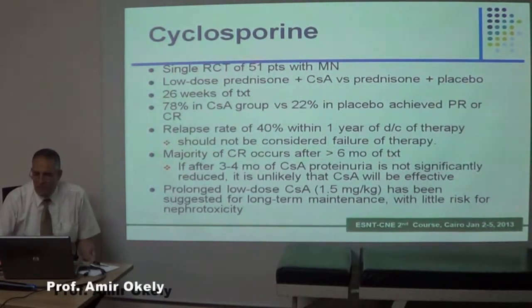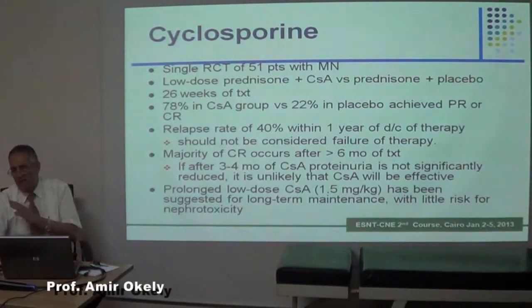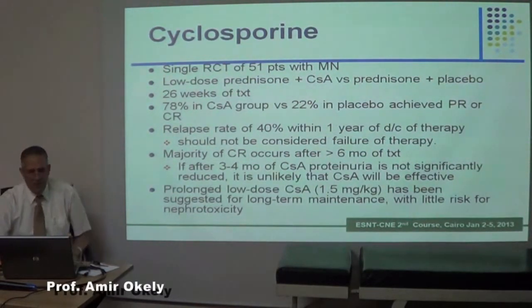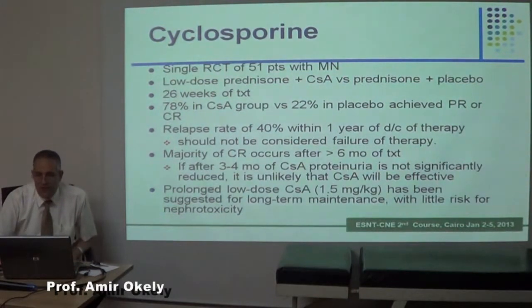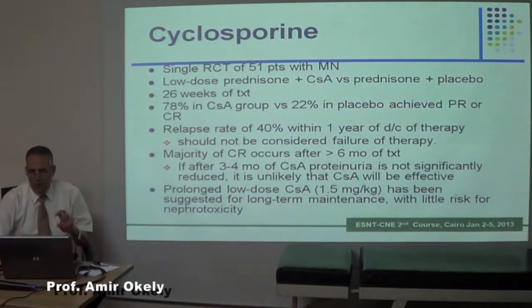Relapse rate of 40% within 1 year of discontinuation of therapy, but we shouldn't consider this failure of therapy because the relapse rate in treatment with cyclosporine is very high either in membranous or minimal change. Majority of complete remission occurs after 6 months of treatment. So, if after 3 to 4 months of cyclosporine proteinuria is not significantly reduced, it is unlikely that cyclosporine will be